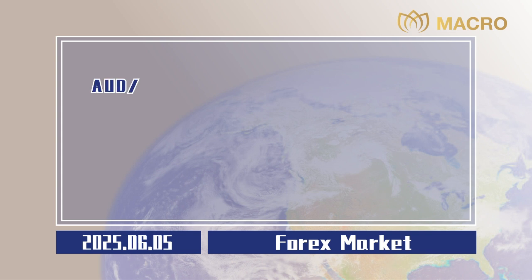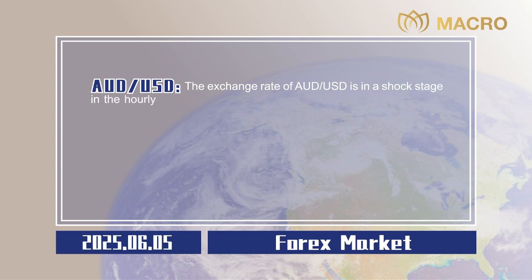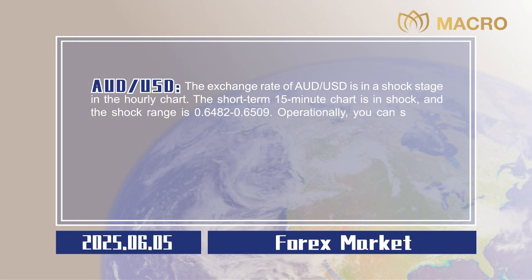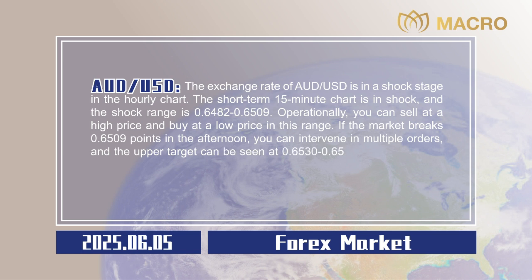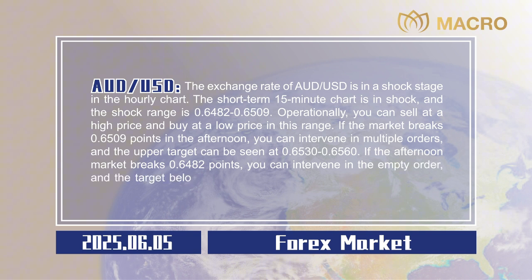0.0020. Australian dollar to US dollar. The exchange rate of Australian dollar to US dollar is in a shock stage in the hourly chart. The short-term 15-minute chart is in shock, and the shock range is 0.6482 to 0.6509. Operationally, you can sell at a high price and buy at a low price in this range. If the market breaks 0.6509 points in the afternoon, you can intervene in multiple orders, and the upper target can be seen at 0.6530 to 0.6560. If the afternoon market breaks 0.6482 points, you can intervene in the empty order, and the target below can be 0.6440 to 0.6410. Stop losses are all 20 points,